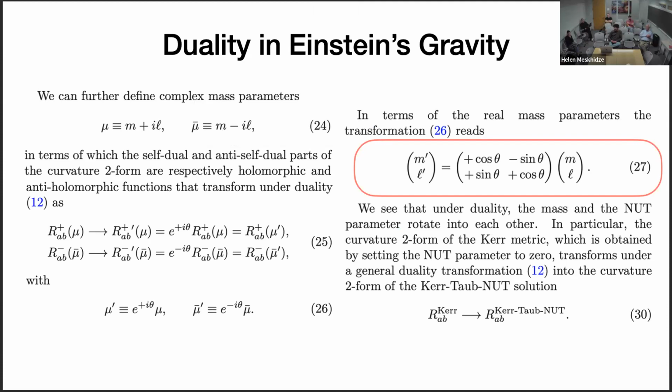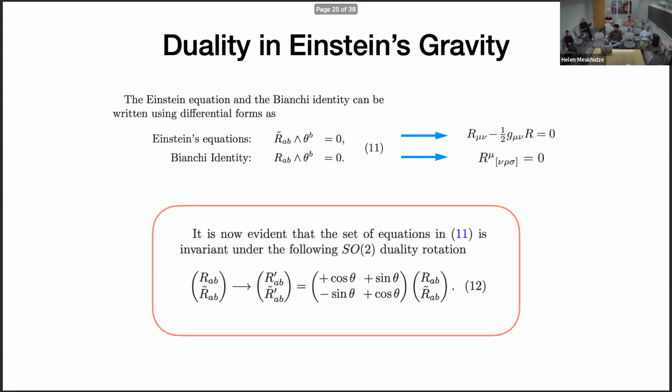Of course, everything I showed so far is in the framework of gravity. Well, everything is gravity. So the statement is that this SO(2) is a symmetry of the equations of motion, and it maps solutions into each other, in the same way that in Maxwell's theory, electromagnetic duality maps solutions; in particular, it maps the Coulomb charge into a dyon.